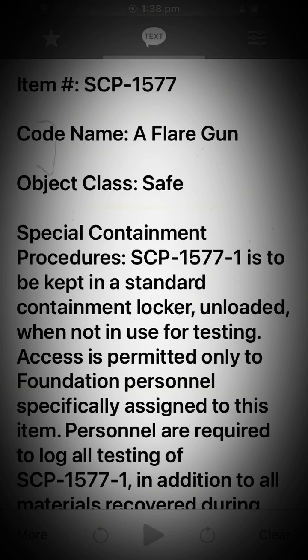Item: SCP-1577. Code name: A flare gun. Object class: Safe. Special containment procedures: